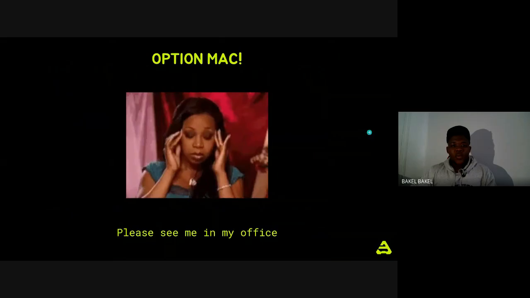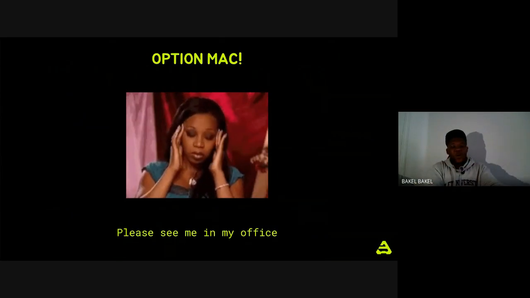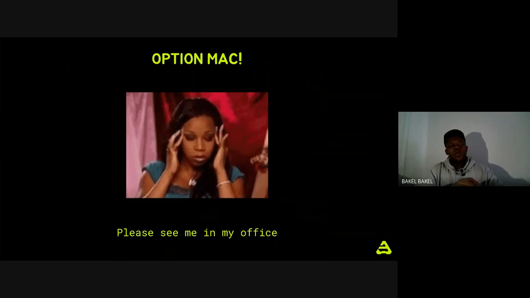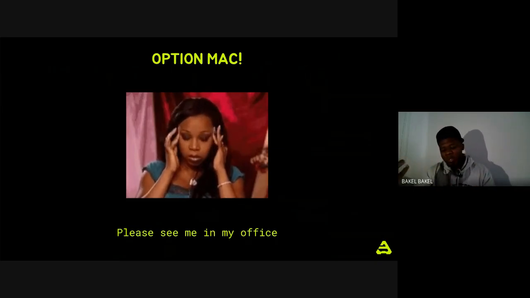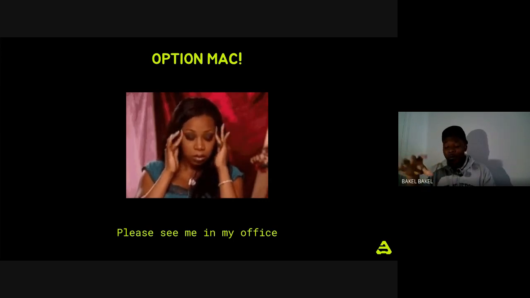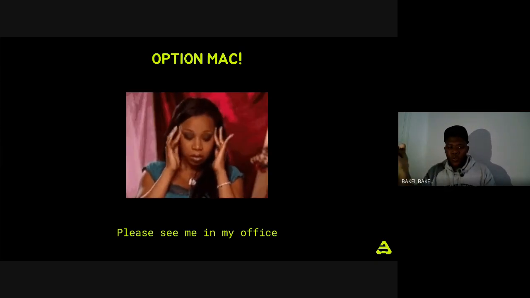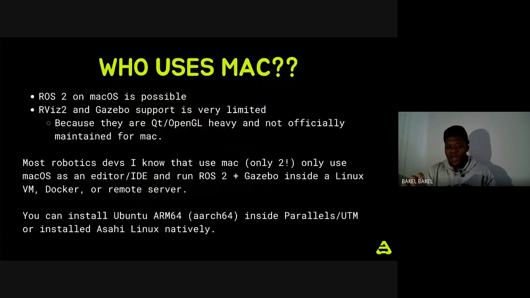So, Mac. The thing is, Mac depends on what particular OS you are using, right? Because there's this Apple Silicon version that is a pain. So for Mac users, if you do not have any other option, I think there are like three of you, then we'd have to schedule a one-on-one where I would tailor things to you, because there is the Homebrew option, I don't know if you've ever used Homebrew. But the fundamental problem of Mac is that